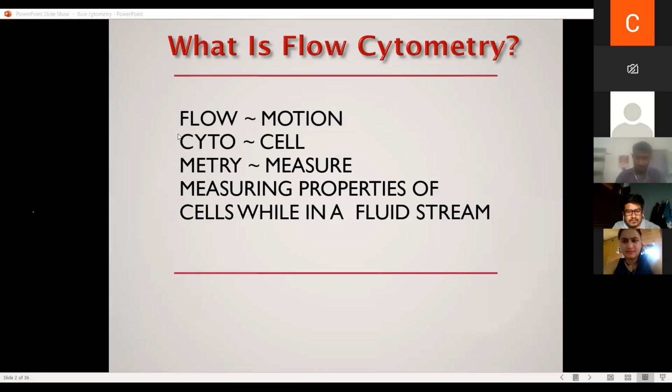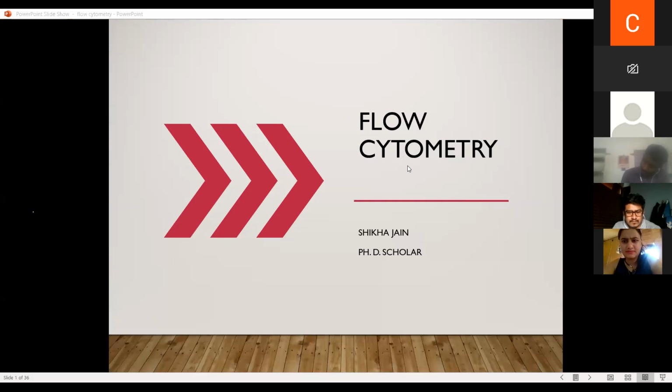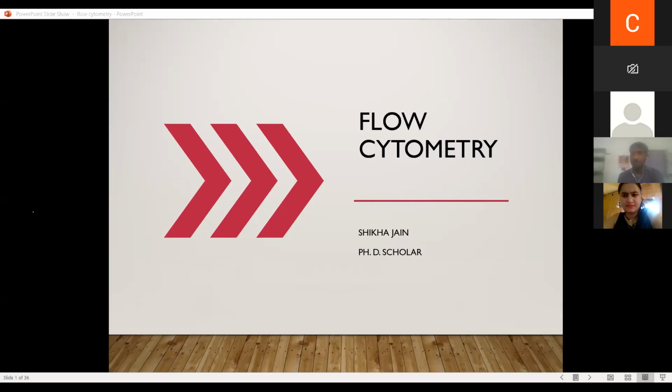Okay. This is flow cytometry. Flow cytometry is basically a technique related to cell biology. In flow cytometry, we can differentiate different kinds of cells on the basis of their size, population, granularity, and many different properties. When a cell suspension is run through the cytometer, sheath fluid is used to hydrodynamically focus the cell suspension through a small nozzle. The tiny stream of fluid takes the cells past the laser light, one cell at a time.